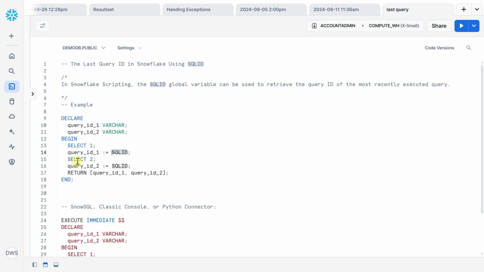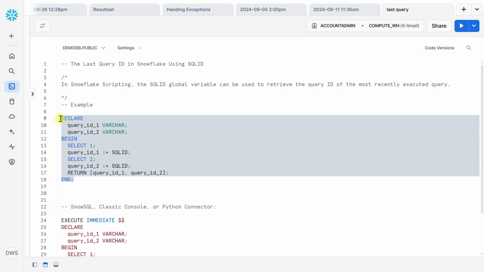And again we execute select 2 and capture its query ID using SQLID, and we return query_id_1 and query_id_2 using the RETURN command. In Snowflake scripting, this is the array format, so we write these user defined variables in square brackets. Okay, so if I execute this statement,